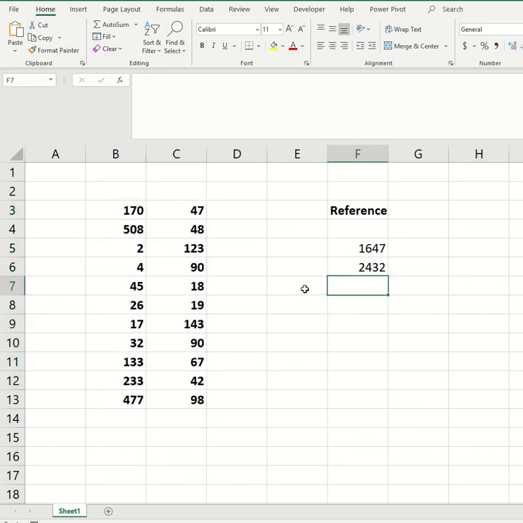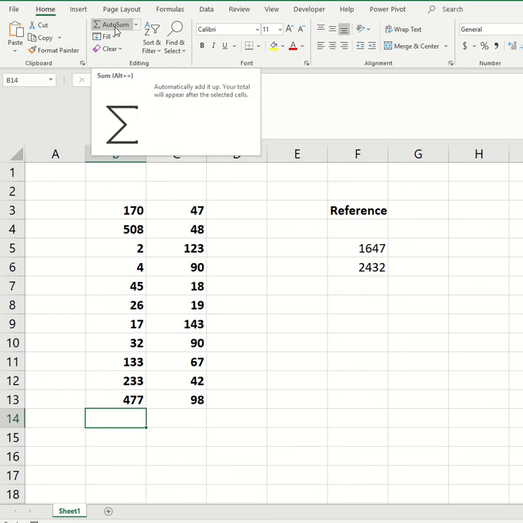There is one more method to calculate the sum, that is auto sum. You can see under the editing tab this auto sum with the sigma symbol, that automatically sums up all the numbers in the range. The specialty of this feature is that as a user we don't need to mention any range. Let's see how this will work.